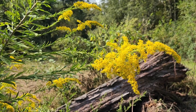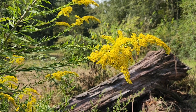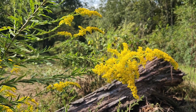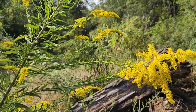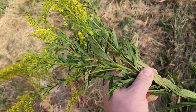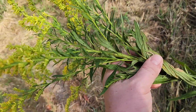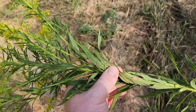It'll help you flush out extra water, help you urinate a lot. It's also going to help with inflammation. So guys, do your own research. I'm not a doctor. I don't play one on TV. I'm just telling you what works for us. So when you're harvesting goldenrod, we harvest very liberally. We do try to leave enough back for our bees to use, but I'm also a